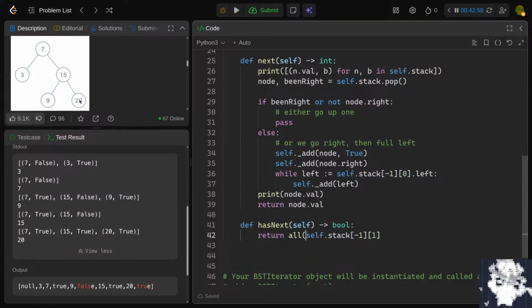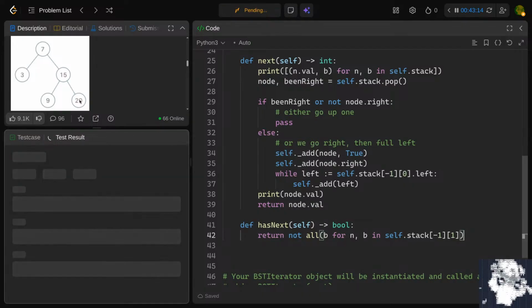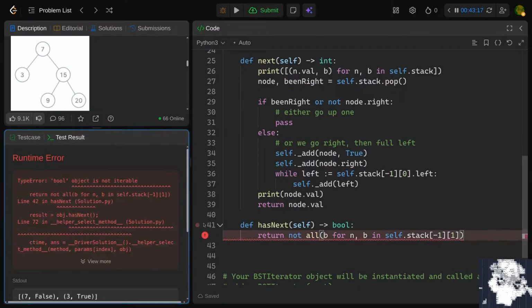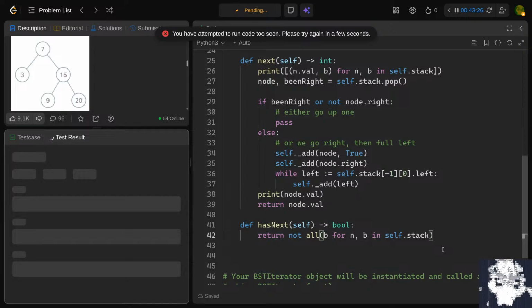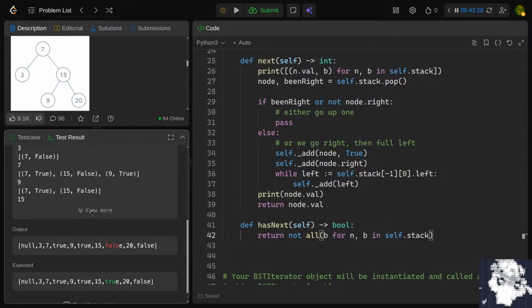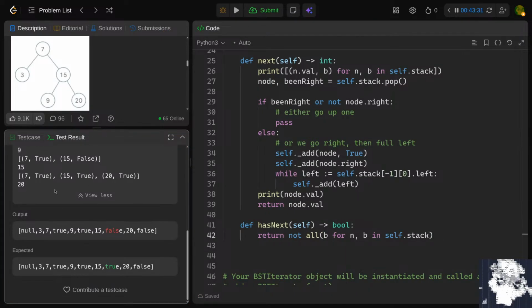Return not all b for node, boolean in self.stack. We've been right on everything